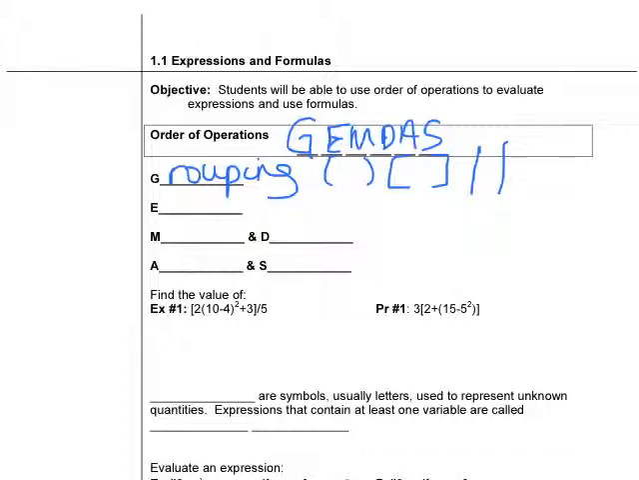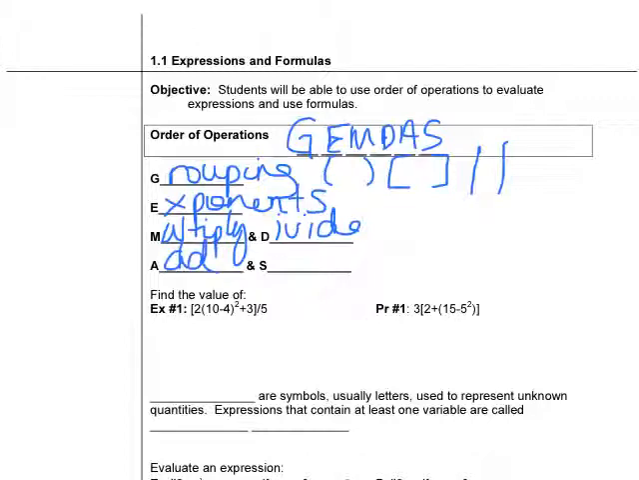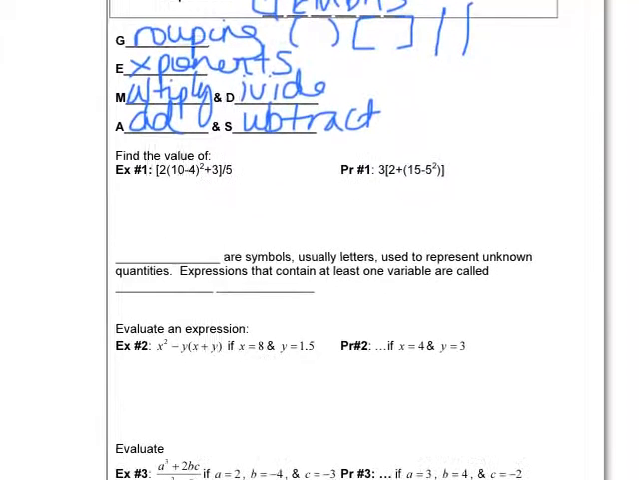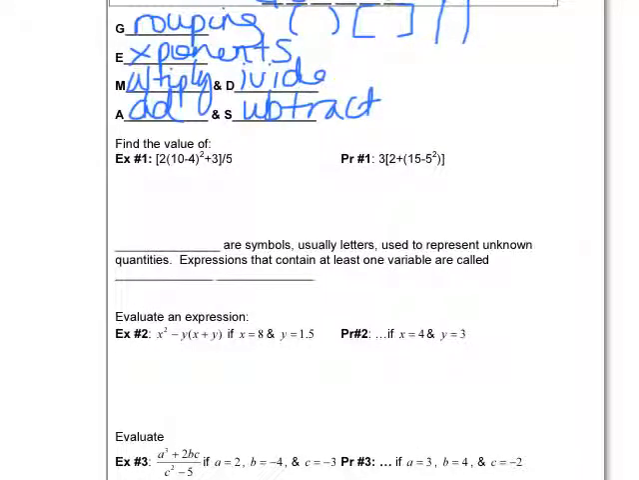Next one would be exponents. Then after that, you multiply or divide. And then, of course, we add and subtract. Okay, so once we have that done,